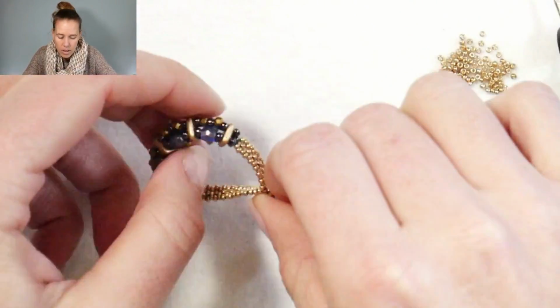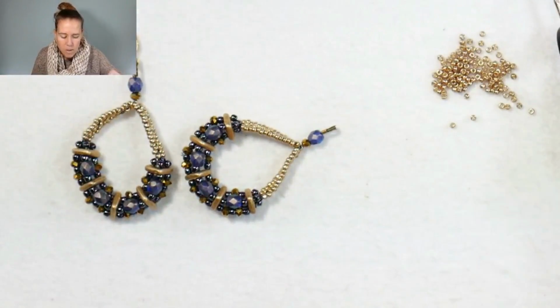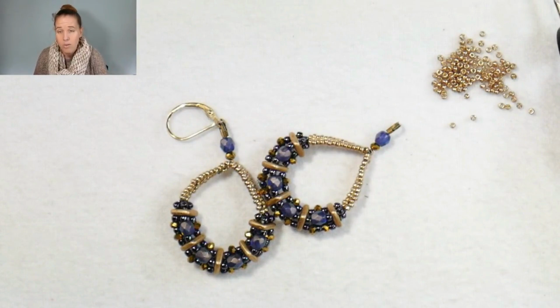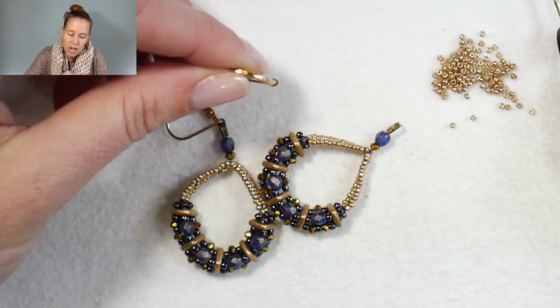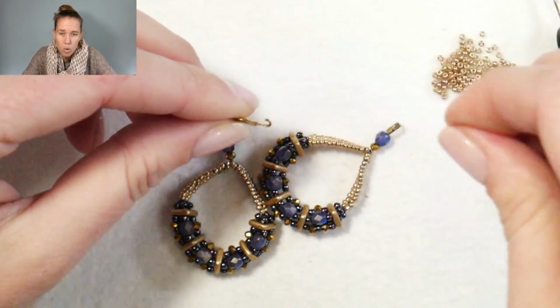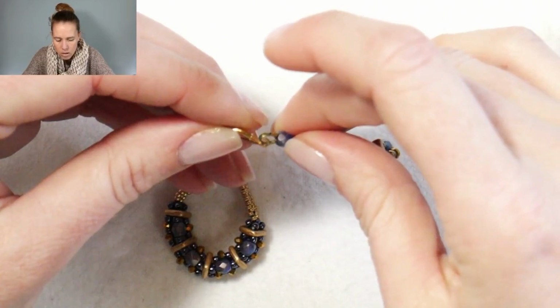From here, I'll go in and actually put on my ear wire just like I did with the other one. So when you're putting on an ear wire, one thing that you want to make sure, whether or not it's a lever back, doesn't really matter which kind of ear wire it is, is that you're opening the ear wire by pulling to the side. Because with a lot of different ear wires you have an opening here, and you don't want to pull back on it, you want to slide to the side. Add on your little wire guard there,